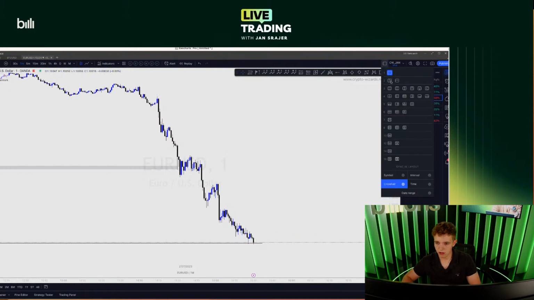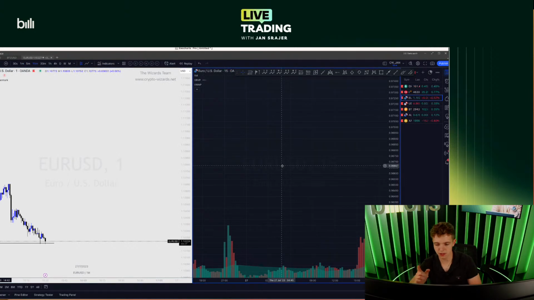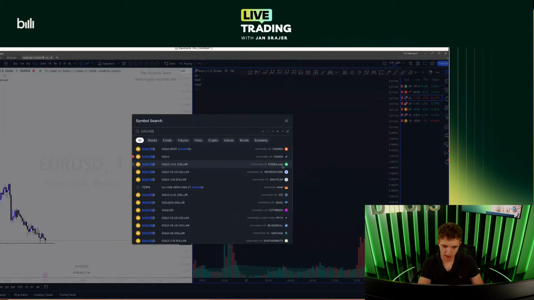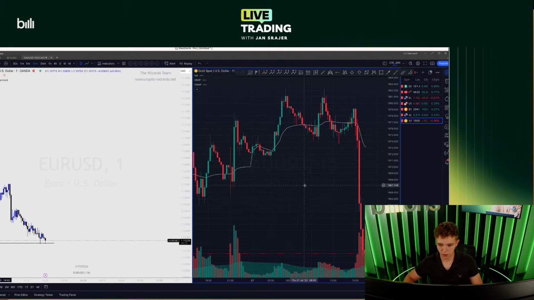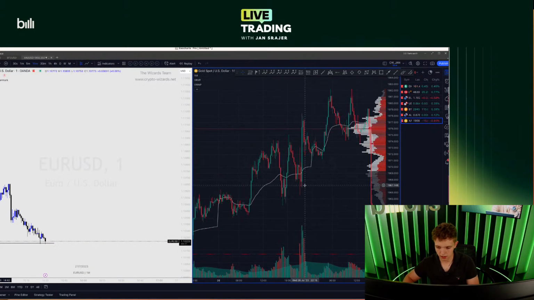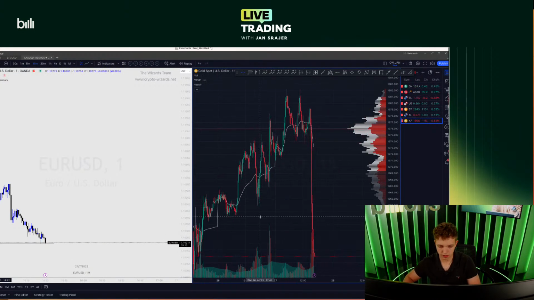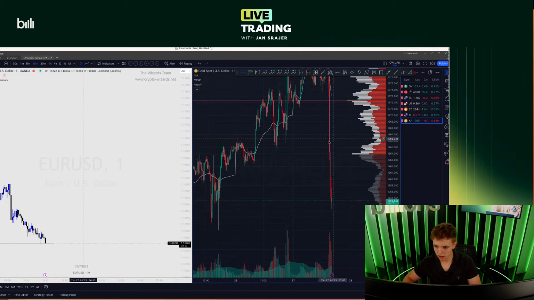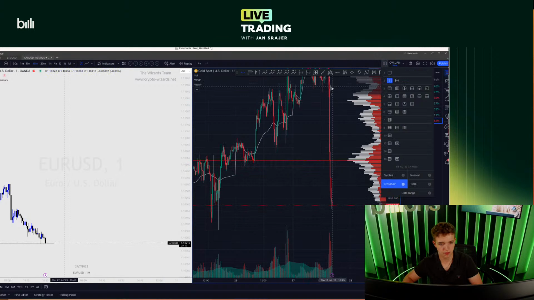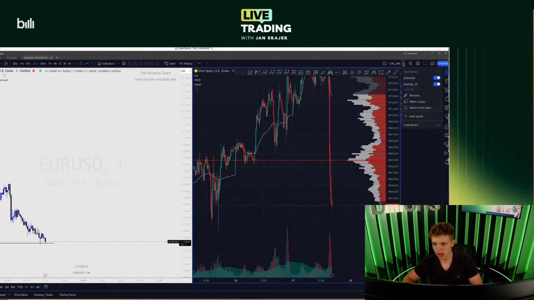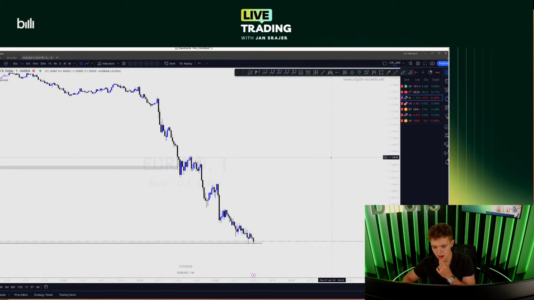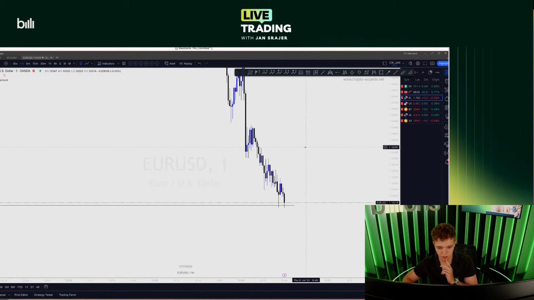We can add gold to it. This is the thing that I'm struggling with. How can I add the gold chart with the TA that I've done here? And I don't want to have a different template. Do you guys have an answer to this? Because I have the CV template that I created. I have this double screen set up. So if you can let me know that, I would really appreciate it.